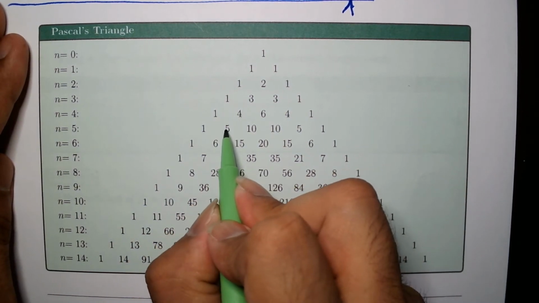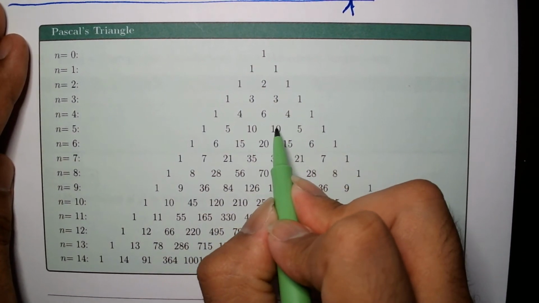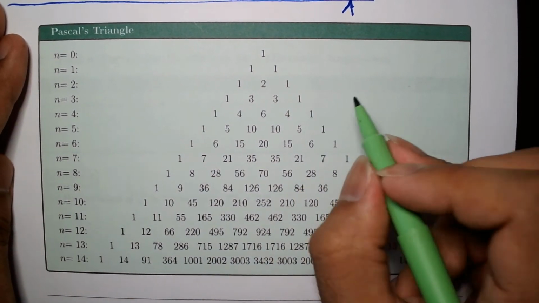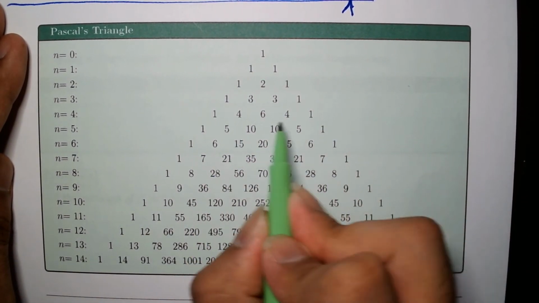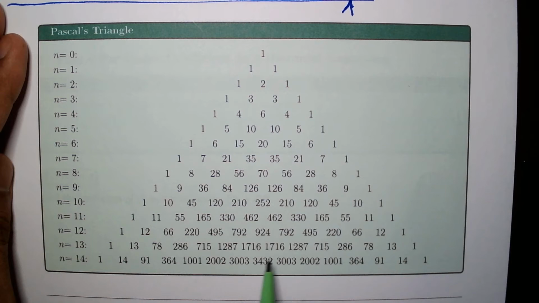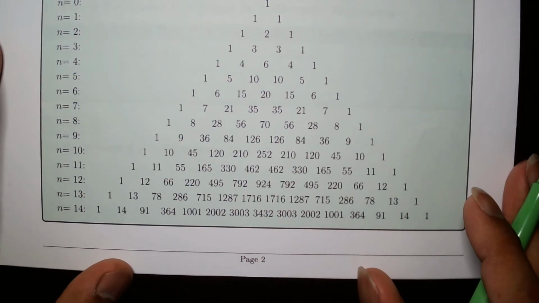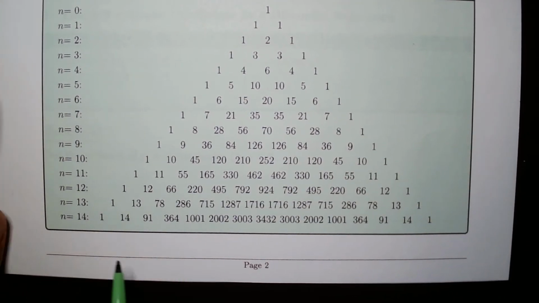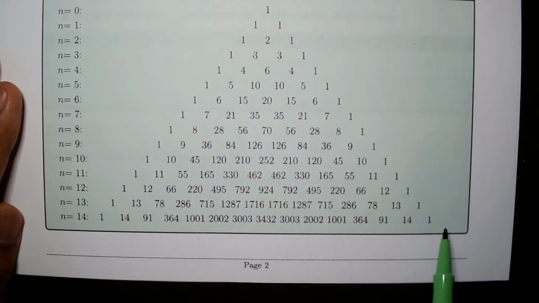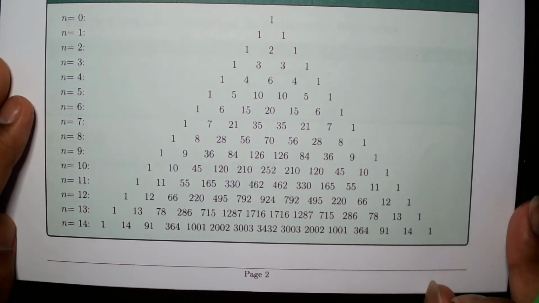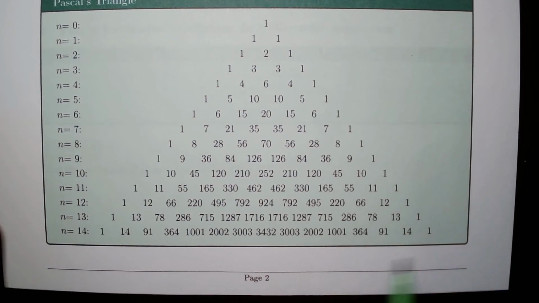1 plus 4 equals 5. 4 plus 6 equals 10. 6 plus 4 equals 10. 4 plus 1 equals 5. And if you keep it going all the way, you should be getting this. You can actually construct this Pascal's triangle. Of course, what I did here is just give you all the way to n equals 14. Those are the coefficients of a binomial being raised to the 14th power. Hopefully you don't get anything like that, but just in case you're curious,